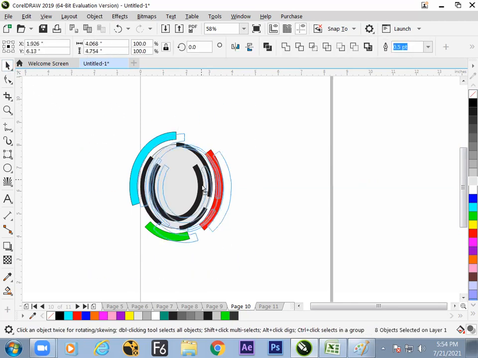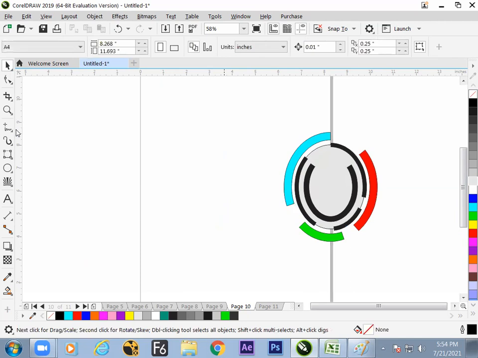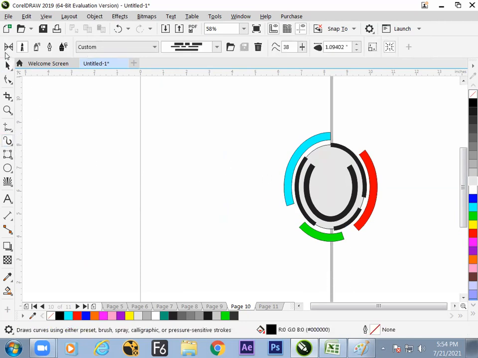How to generate the brush we'll be learning in the next session. But for now, it is very clear that the artistic media tool doesn't only have presets, predefined designs, it also allows user-defined designs to come onto the design. This is possible. Now, how to create our own design and how to save that and how to apply it, in the next session. Any question you can ask, or else you can stop now.